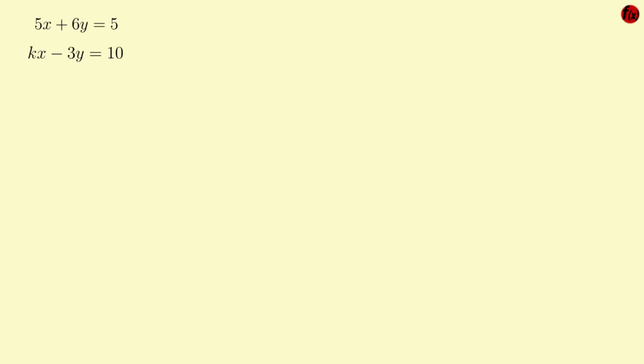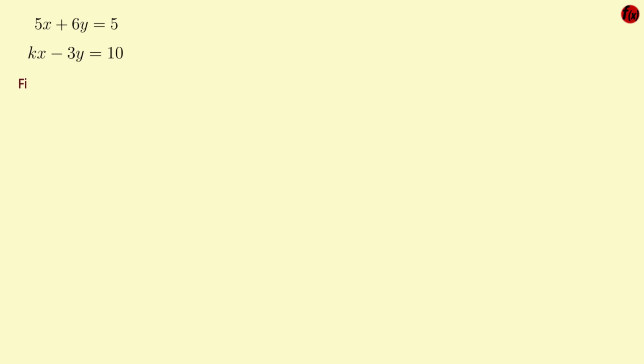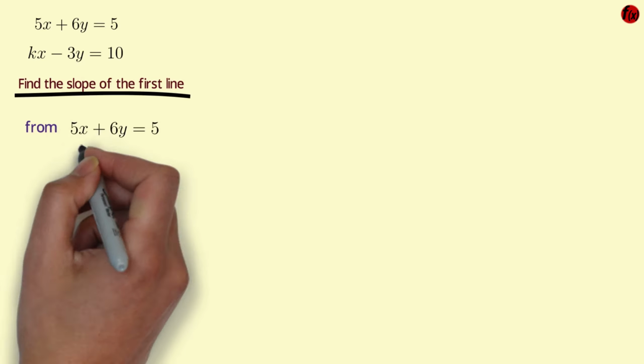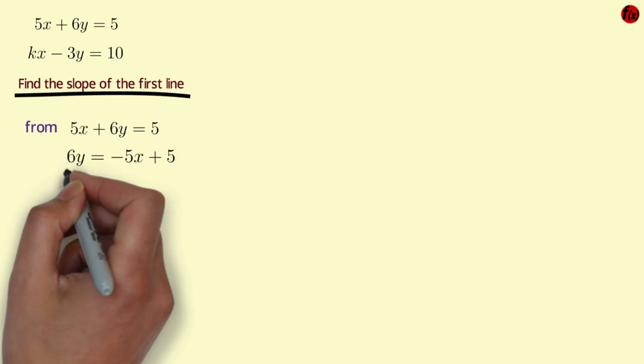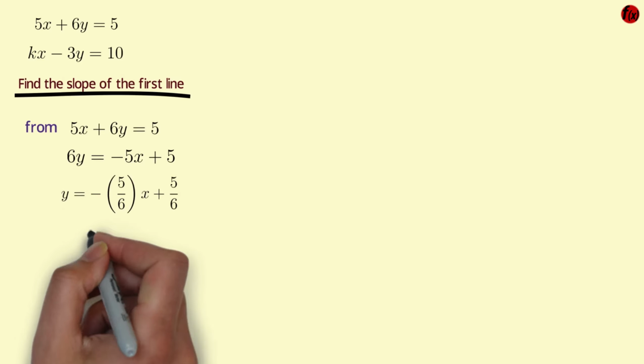To find the slope of the line represented by the equation 5x + 6y = 5, we rewrite the equation in slope-intercept form, y = mx + c. So the slope of the first line is